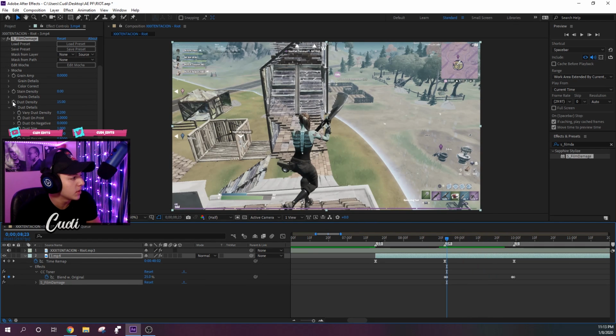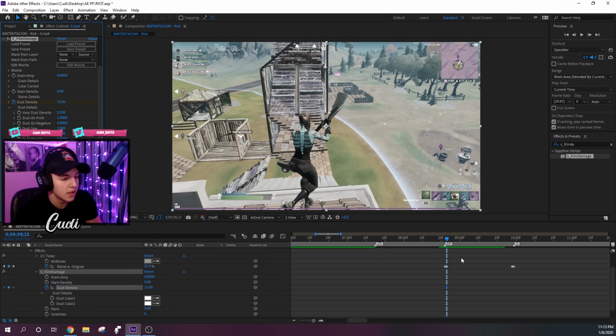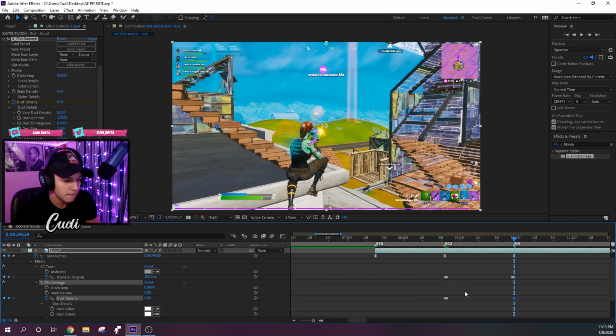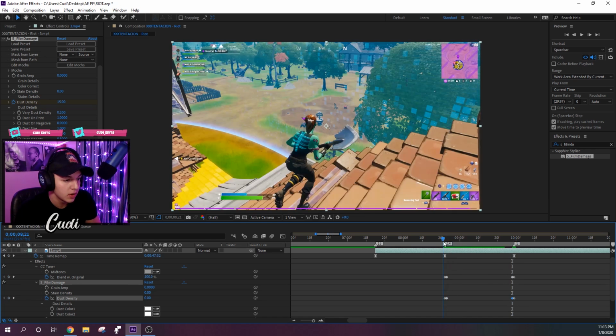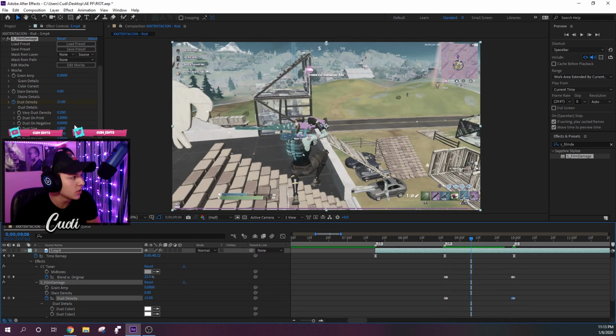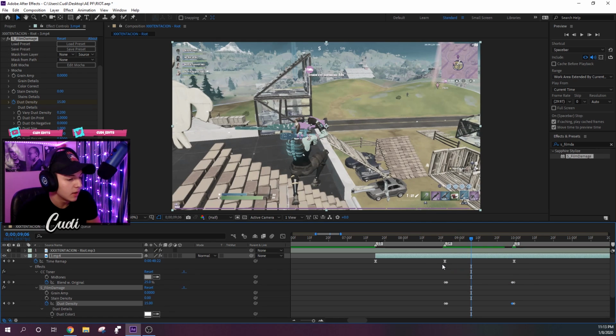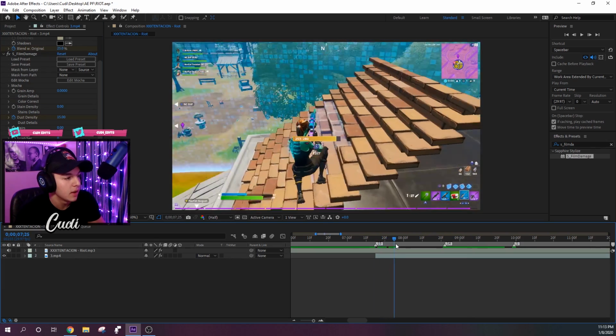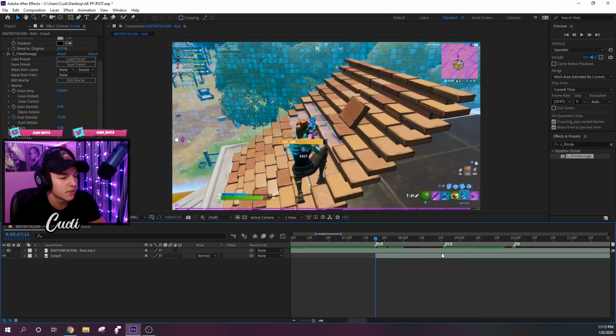Click keyframe the dust density here at 15. Press U on your keyboard again to see the keyframes, and align it to the other keyframes as well. So dust density, put it to 0 at the beginning of the clip and the end of the clip. Same thing with the other keyframe, align it to the other two. Boom. And you can also have some grain amp if you like. I don't usually like to do that just because I usually do that within the color correction, which we'll get to here in a little bit. But right off the bat, if you look at this,